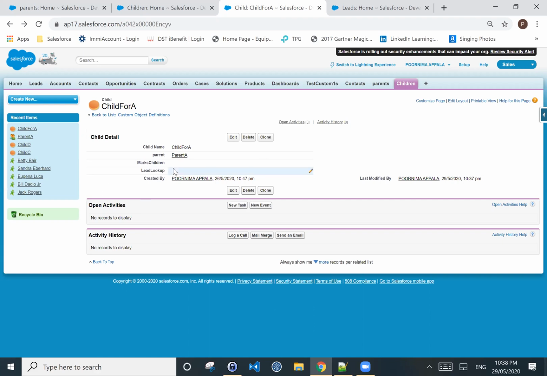Otherwise, if you have 100 records, there might be a chance where you don't want to assign a parent record to some of them. Let me think of one example, one scenario.